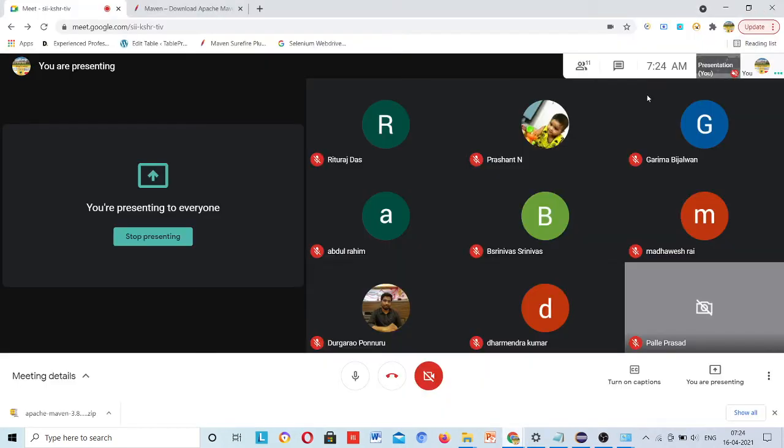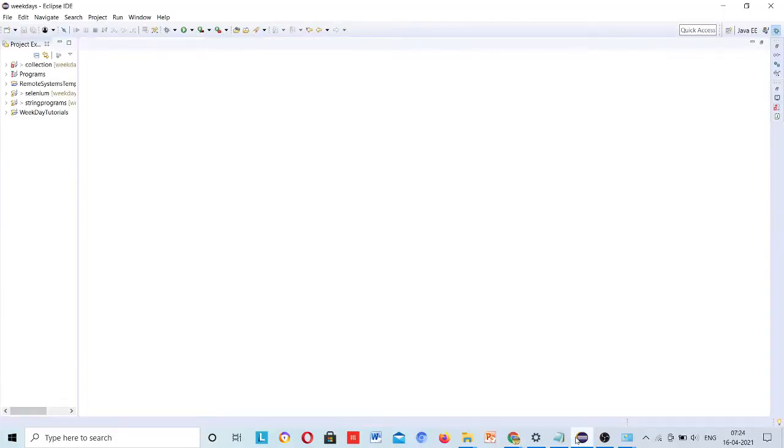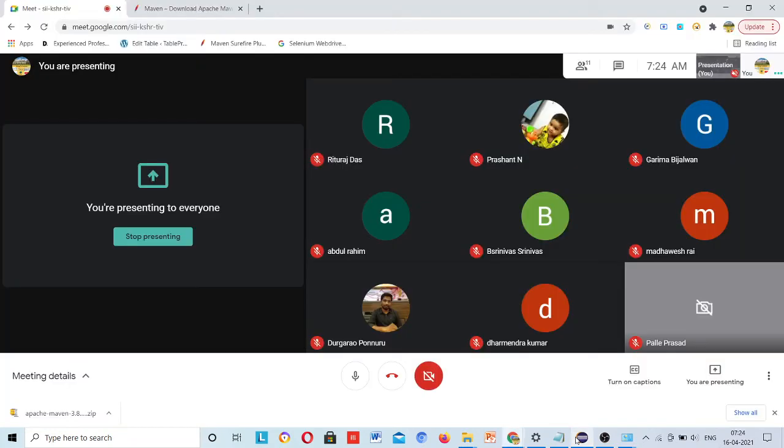Okay, once it gets installed, then we need to create our first Maven project. Go to Eclipse. Now not a simple Java project, now we'll create a Maven project. And why do we do that? Because it is a build management tool. We can simply create our builds.